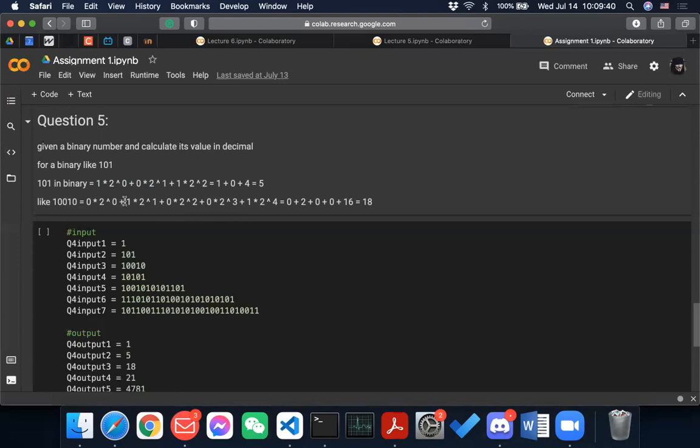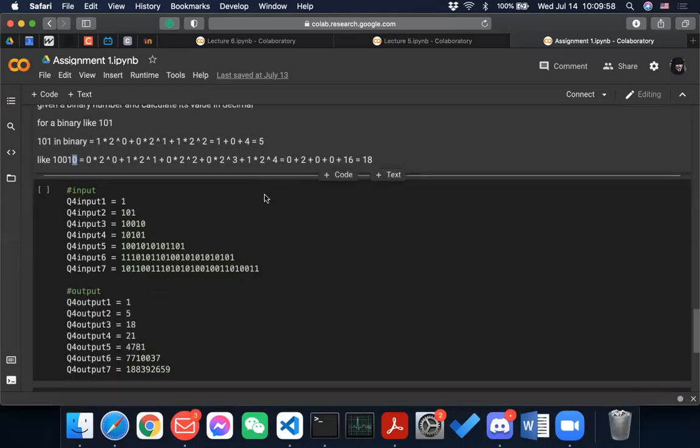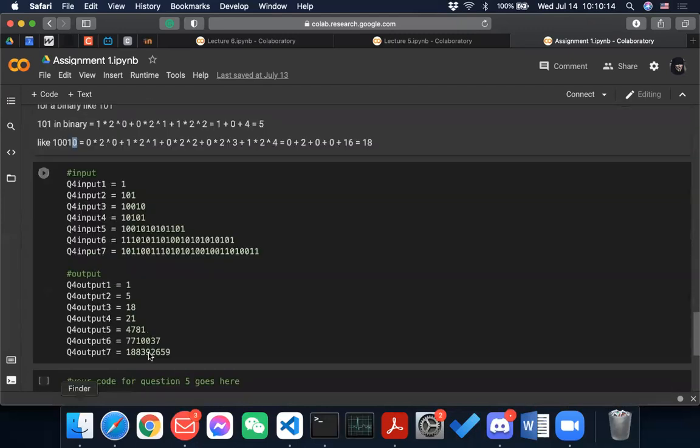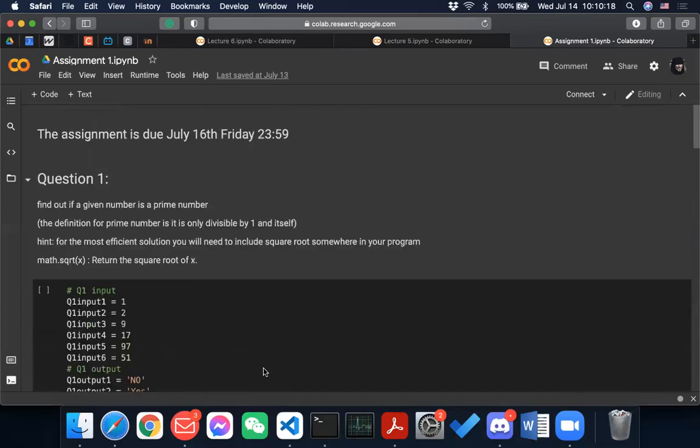This is pretty much the same: 0 times 2 to the 0 is this one, 1 times 2 to the 1 is this one, and so on and so forth. After you calculate it, you'll get the number 18. The reason I made such a number is that I don't hope you just do it by hand. I hope you actually write a program to calculate those. Here's the code box for question 5. That is the 5 questions